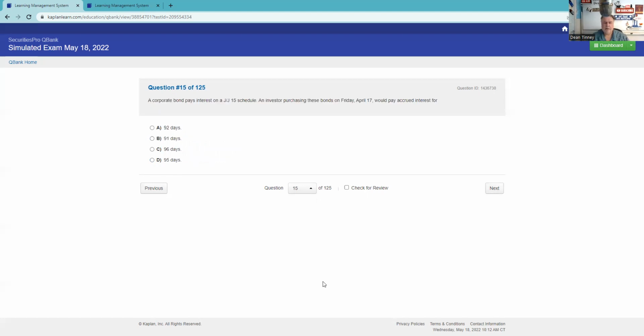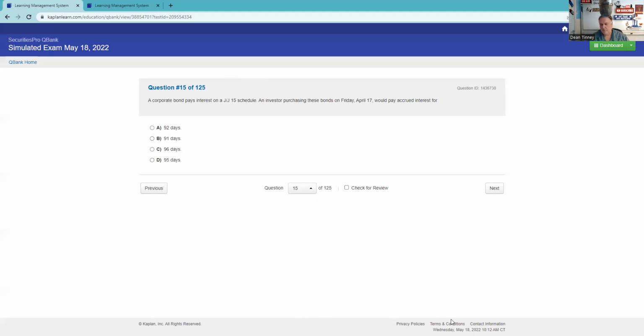A corporate bond pays interest. So that's important. It's a corporate bond, because remember, corporate bonds and muni bonds use 30-day months for purposes of calculating accrued interest. And you need to know corporate and muni bonds are T+2. So it pays interest on a J&J 15th. That means it pays interest on January 15th and July 15th. So you purchase the bonds on Friday, April